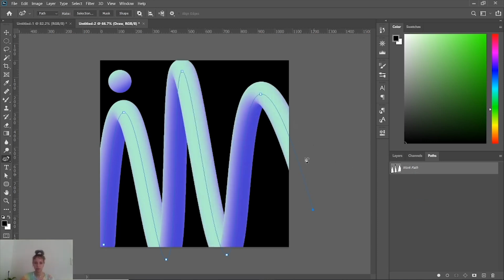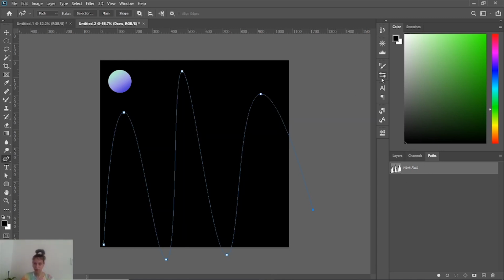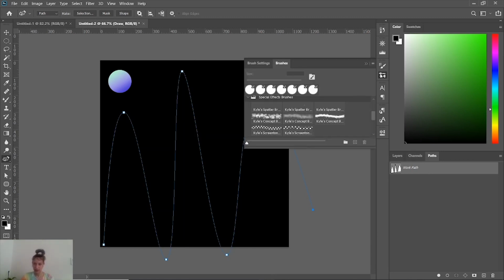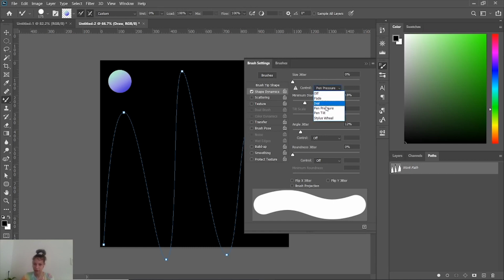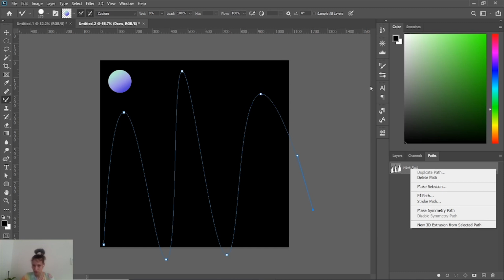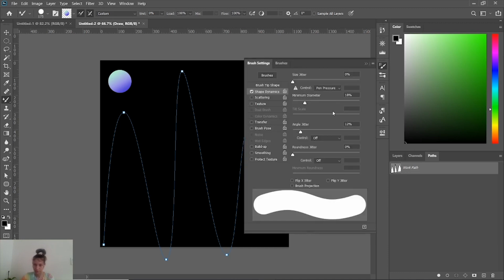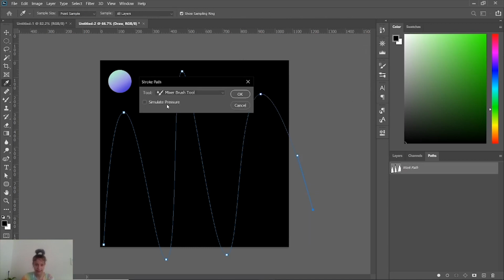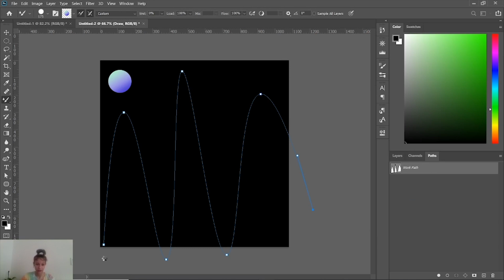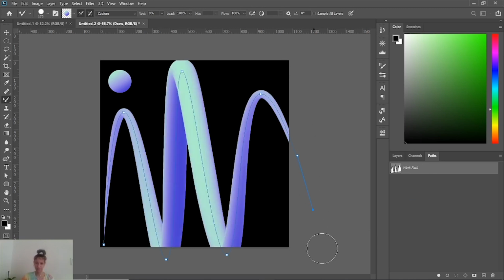Now I would like to show you some variations to this. So let's undo. Let's go to the brush settings. B for brush. And let's put pen pressure on here. Make sure that this is on. So now when we go, wait, let me see. Let me make sure that I have it. Minimum diameter so you see. So now when you go here and stroke path, simulate pressure, the ends will taper and it gives you a